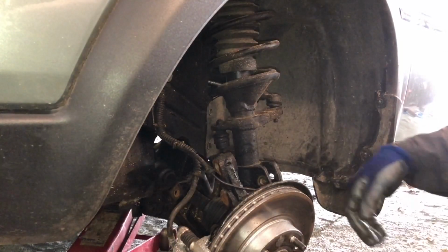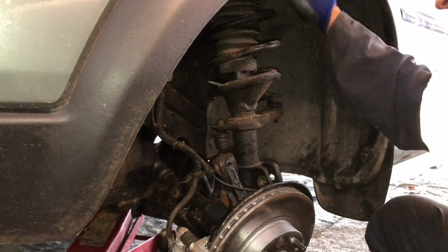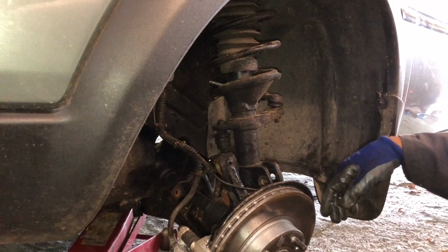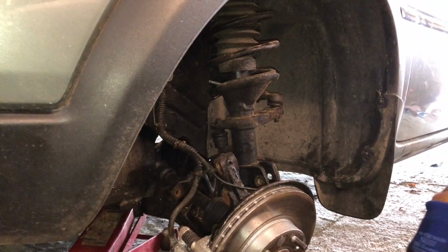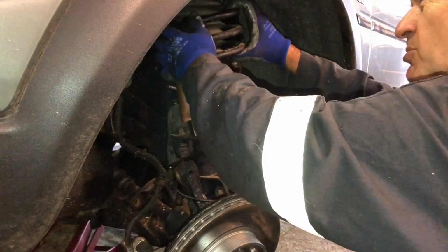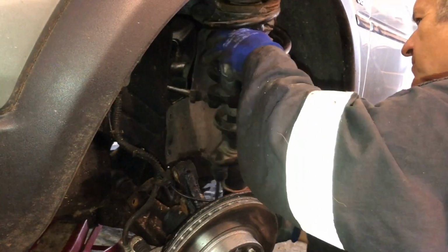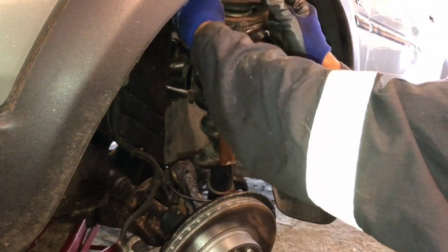So at this stage we can either put on some spring compressors to bring the strut height down a bit so we can clear the top of the wheel arch, or you can try and remove the ball joint. Over the years I've managed to break about 3 of my tools, so I'm going to use some spring compressors, squash that down a bit, and hopefully that will allow me to clear the top of the strut. With most of the spring compressed, you can just push the top of the strut down a little bit, and then you can clear the top of the arch,